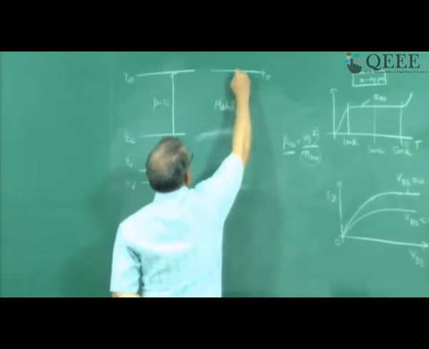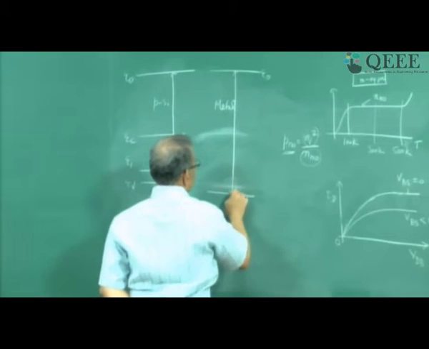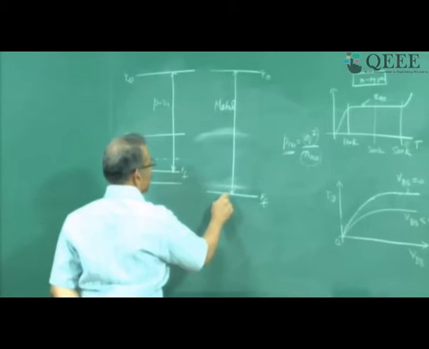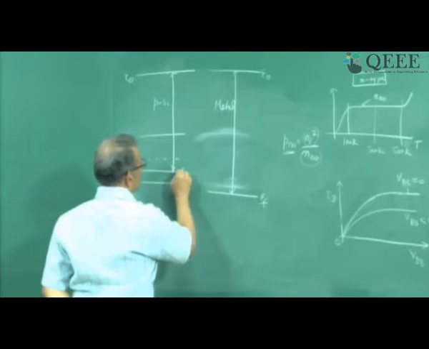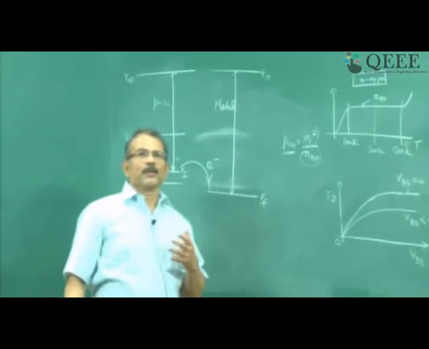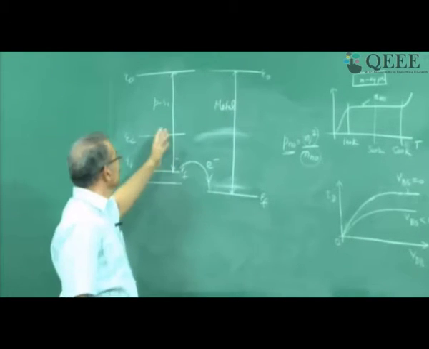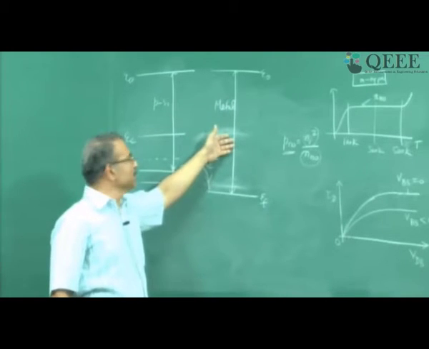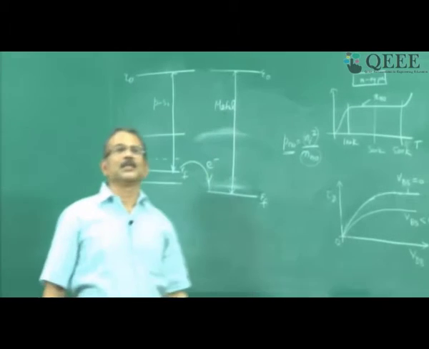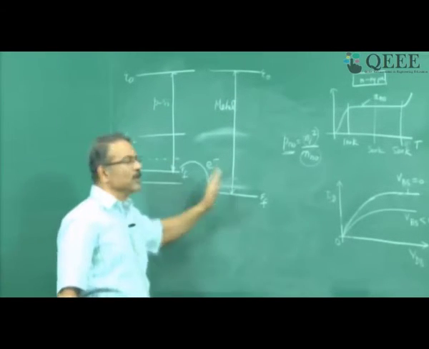Suppose your metal is such that this work function is more and your Fermi level is therefore here in metal. Now when you join p-type silicon and metal, the electrons will move from the region of higher Fermi level to lower Fermi level. So your electrons are moving like this. If you try to predict this transfer of electrons based on concentration, you will conclude that metal has high concentration of electrons, p-type silicon has low concentration of electrons, so electrons will move from metal to p-type silicon. But that is wrong, because the energy band diagram tells you that p-type silicon will supply electrons to metal.